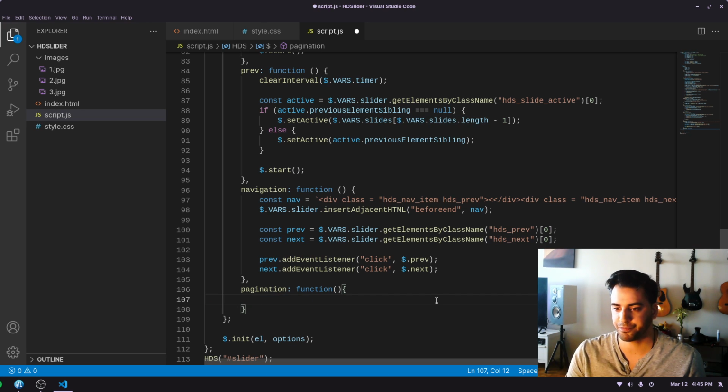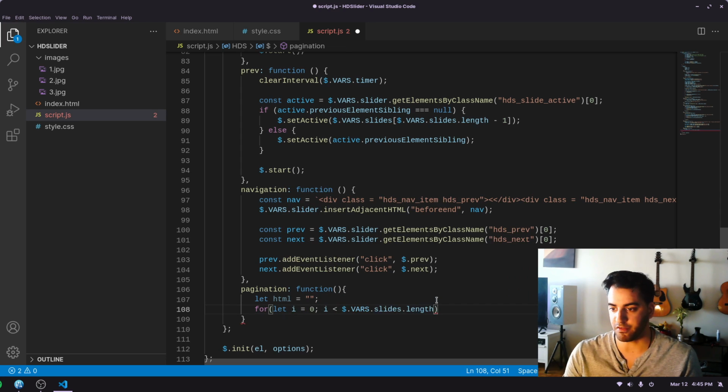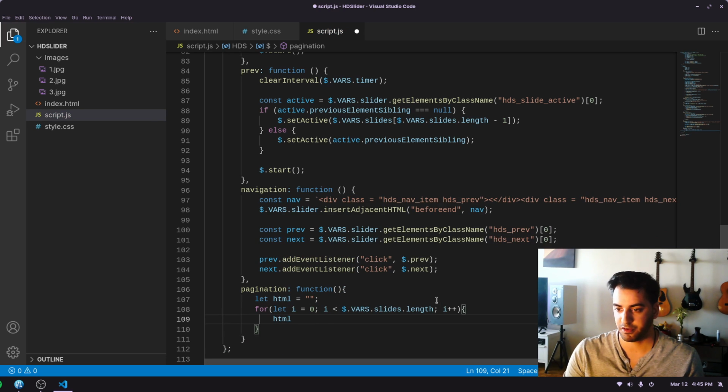So we're going to go let HTML, we'll just leave it blank for now. I'm going to go for let i equals 0 while i is less than var.styles. Actually, I didn't want that, I wanted dot length. i plus plus. We're going to go HTML plus equals